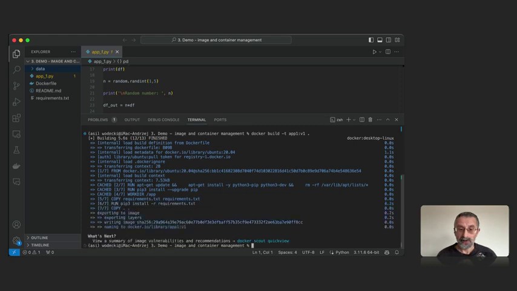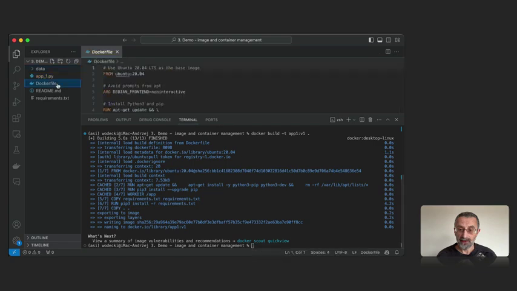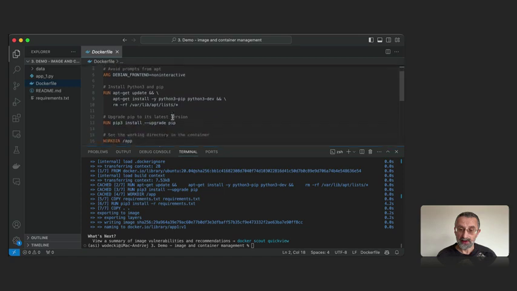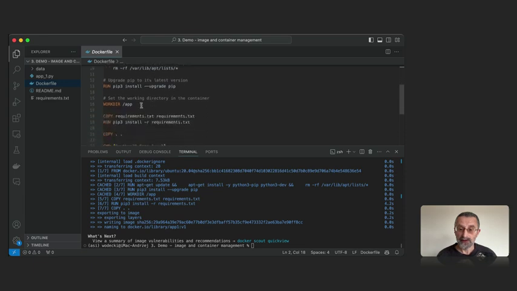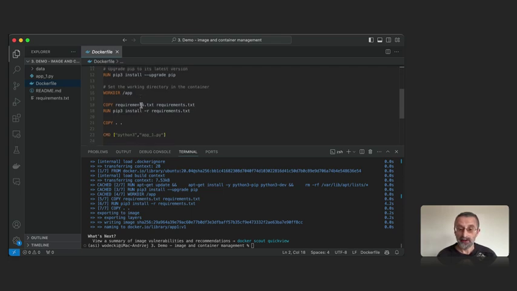Yep, it is here. Let's have a look at the Dockerfile. As you can see, I use Ubuntu as previously, and I install Python 3 and pip and update them using apt-get from Linux. And finally, I set up the workdir as /app. This is the internal folder within the Docker. Copy all the files to this Docker, install all the requirements, and run